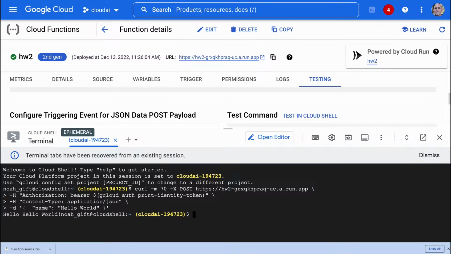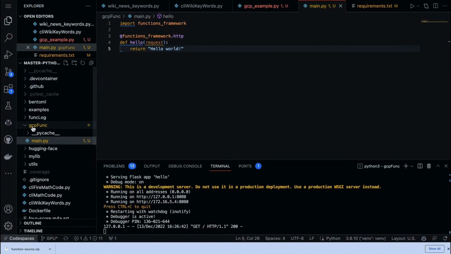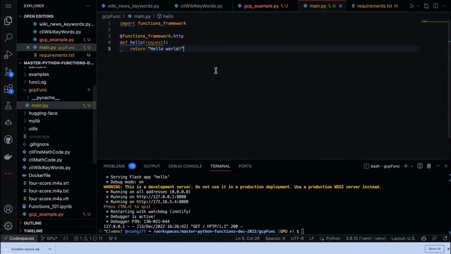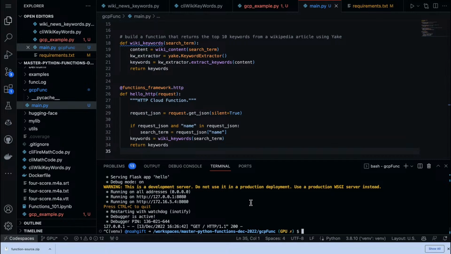So we know hello world works. Where it gets more complex, and we see that that's the payload. So we could probably get our other version running locally. If I'm brave, I can try it. So we know that it looked like this. So let's grab this here. Let's kill this, and then let's go back to this main here, and let's just throw it all in there. And what do we got? Import functions framework, and then if we run it again, target would be hello HTTP.